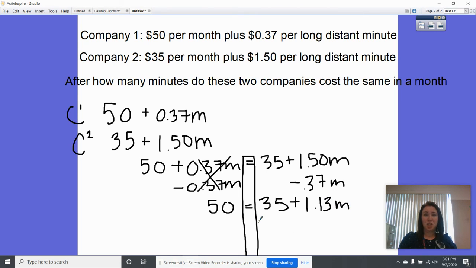Okay, now it's just a two-step equation. Even better, every step we do makes it a little bit easier. Subtract $35 on both sides. So 50 minus 35 is 15 equals $1.13 per minute. Now we just divide by 1.13 on both sides. And the number of minutes for which these two cost the same